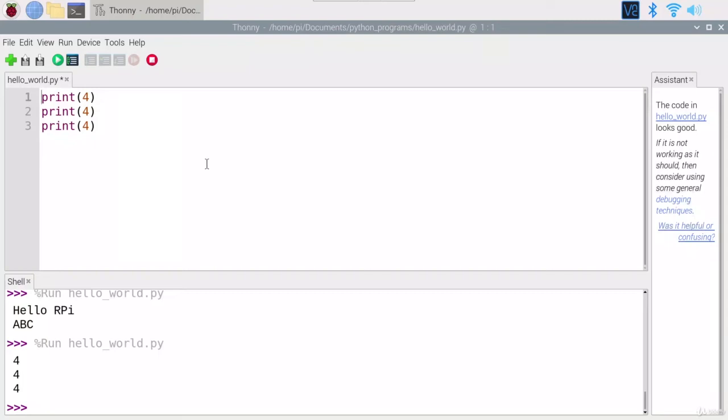One of the most important things to learn first is how to use variables with Python. And first, let's understand why you need variables. So I've made here a very simple and dumb program which basically prints 4 and then prints 4 and then